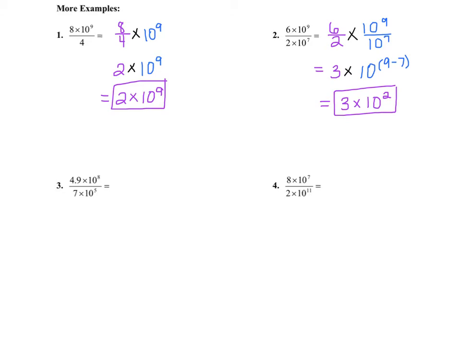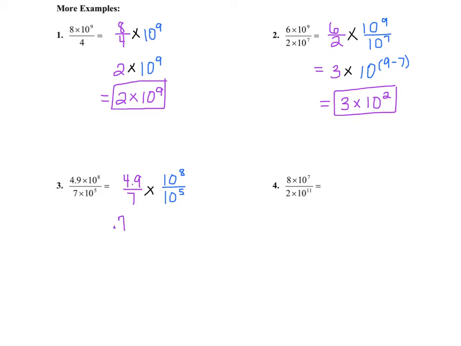Let's look at example 3. We have 4.9 times 10 to the 8th divided by 7 times 10 to the 5th. So our first step is you want to separate your numbers and your scientific notation. So 4.9 divided by 7 times 10 to the 8th divided by 10 to the 5th. Okay, your next step, you want to divide 4.9 by 7, and that's going to give you